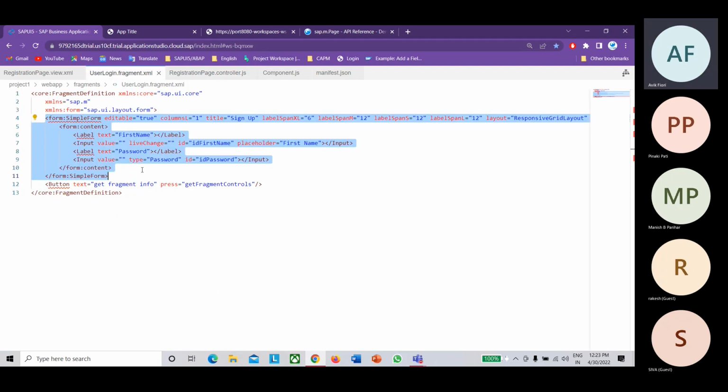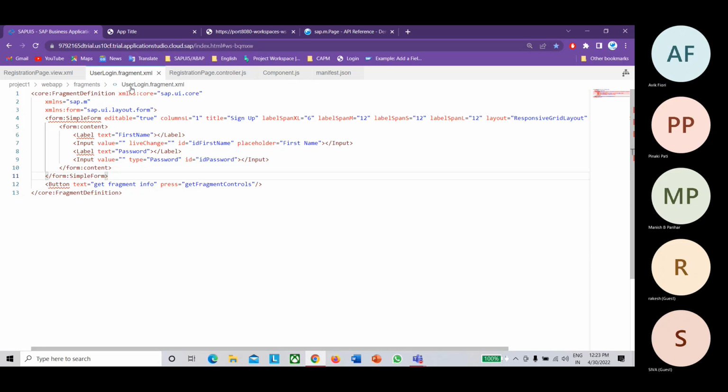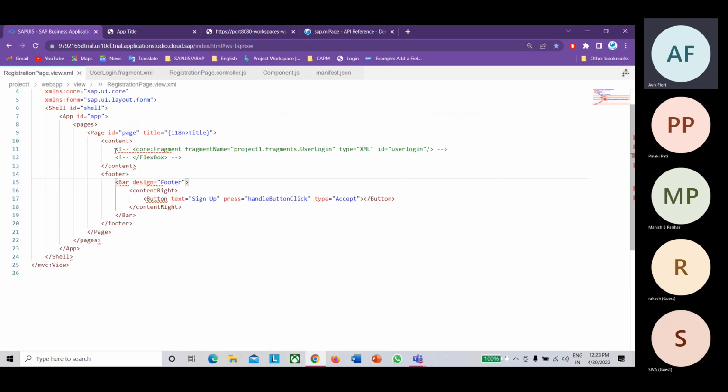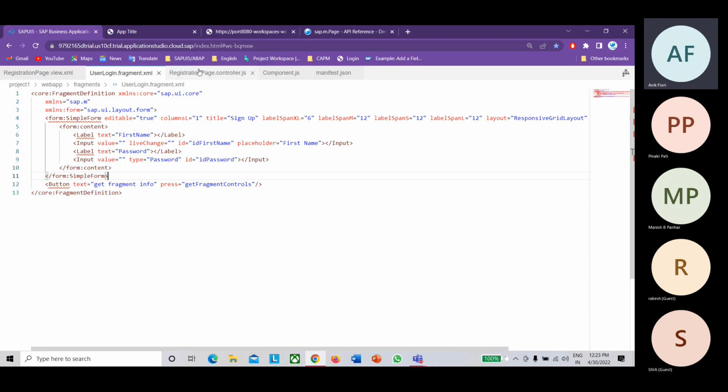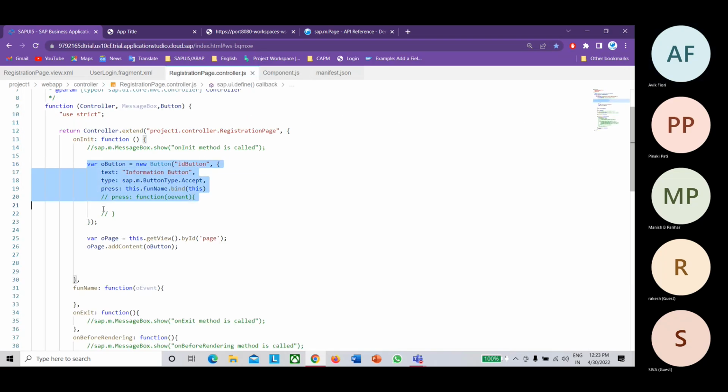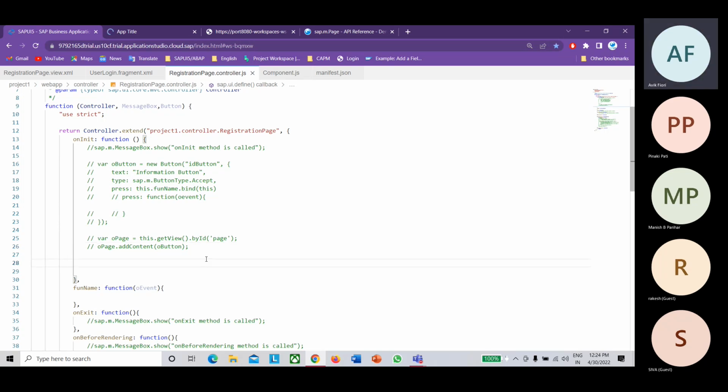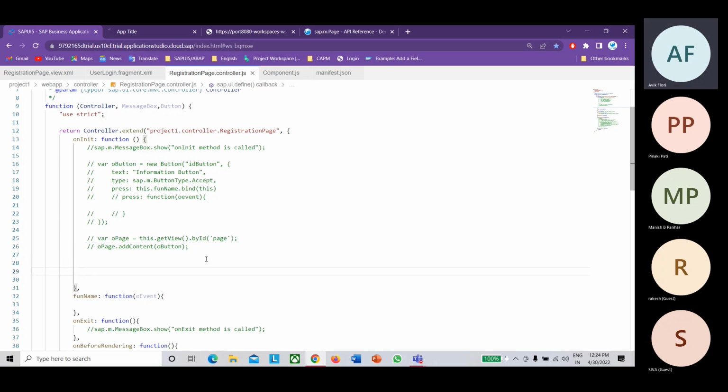Okay, fine. Now let's go back to our XML. Let it be commented. Now let me go back here. I will just comment out this code also here. Now if you want to load the XML fragment here, how will you load that? For loading the XML fragment, you will write